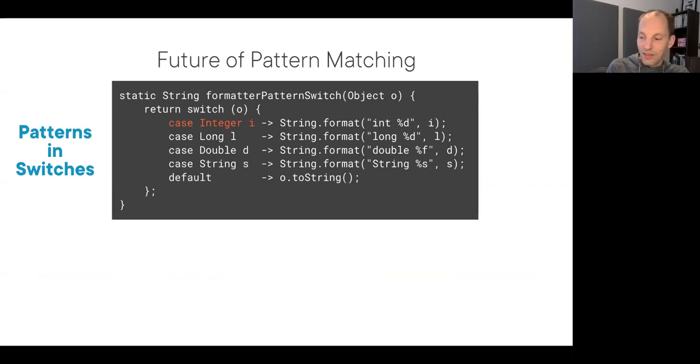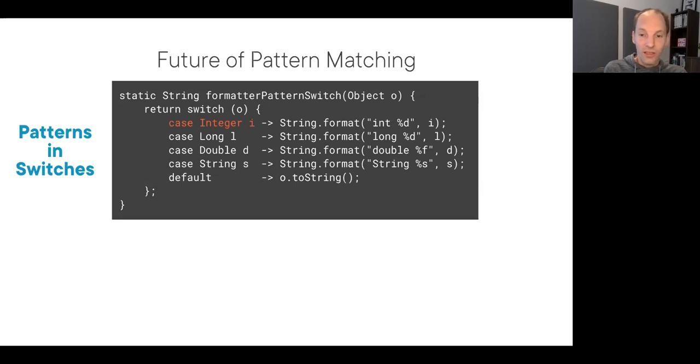Now, as I said, this is a feature that is definitely slated for expansion in newer versions of Java. So what I'm showing here is not part of Java 16, but is a possible future direction for pattern matching. Because you can imagine that these type patterns are not only useful as part of instanceof checks, but could also very nicely be used in switches, where a case would not match against a constant, but would match against a type pattern, as is shown here.